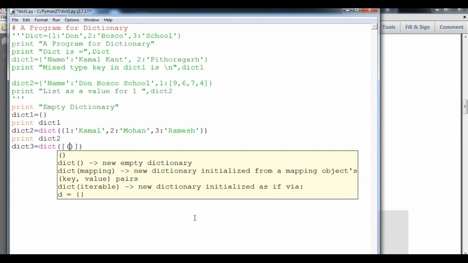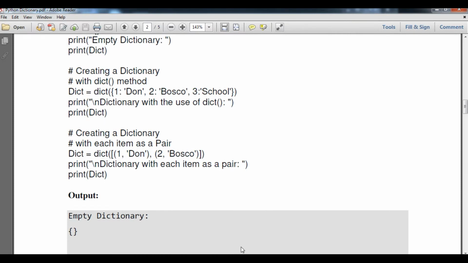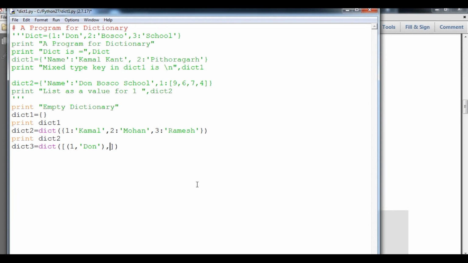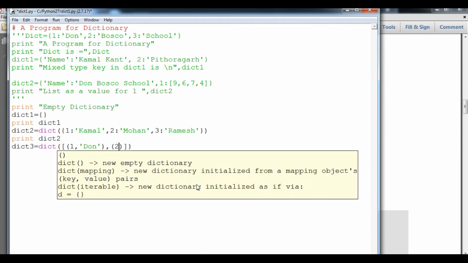So here you can see 1 Don, and then the second one separated by comma, because two tuples are used here, 2 comma Bosco.